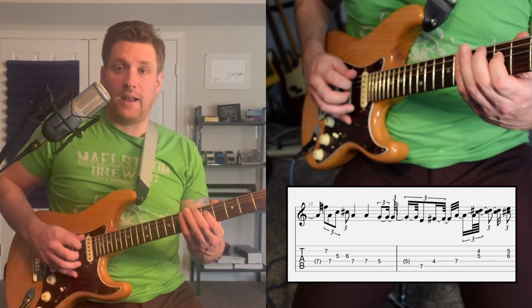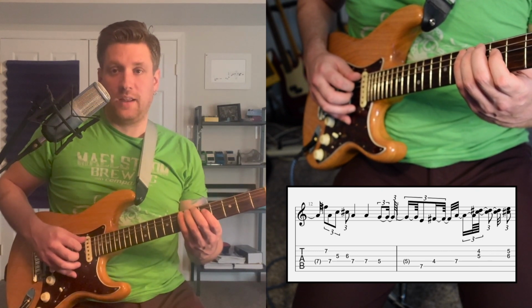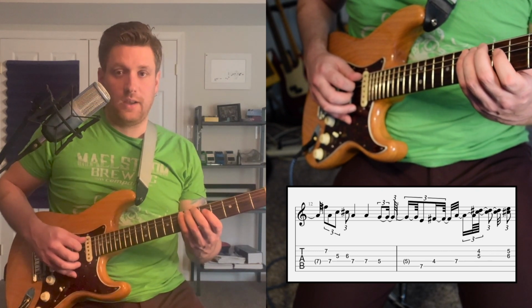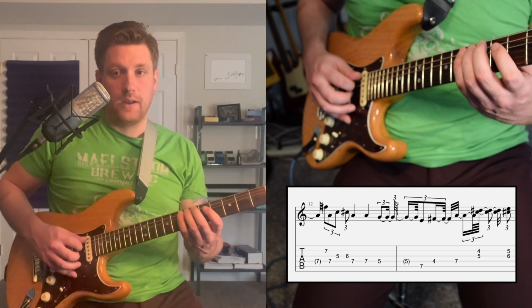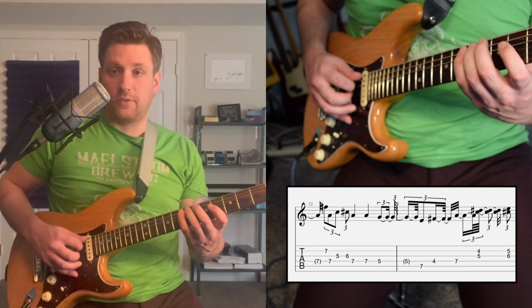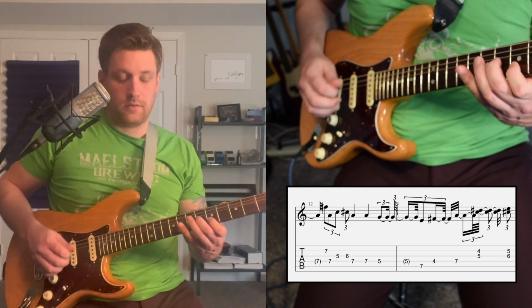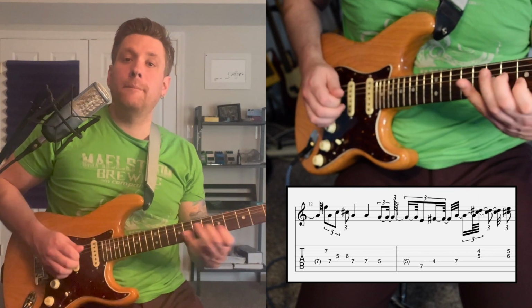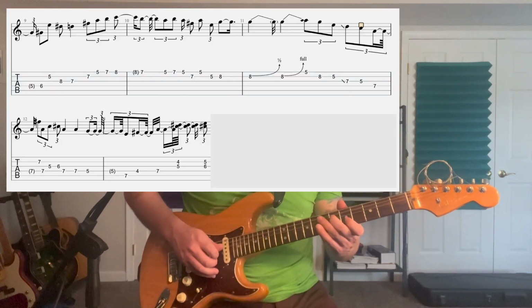And then, as the chorus comes to an end, he begins a line to lead us into the next chorus, like he did leading into this one. And that just is walking up the A major pentatonic and sliding into the major dyad. So from the 5 chord,